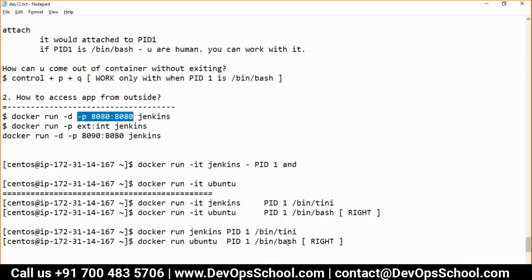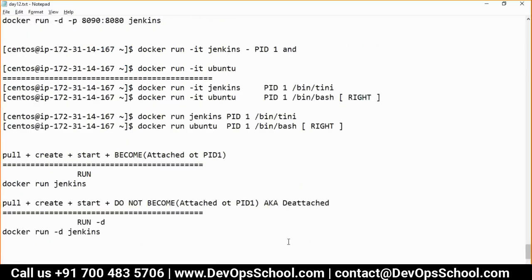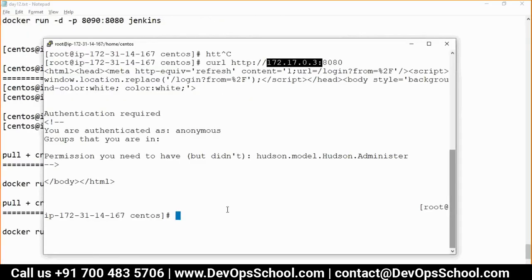So individually, each application has to be exposed. Yes, of course. Each application developer has to write an image, and they will decide which port they need to run. And one port inside a container, we can use only one time. Why? Because only one network is there. You know that very well. We discussed.